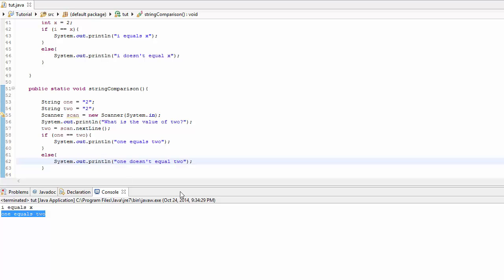So I've set up a little thing here which you might be able to understand, because you should have built up quite a bit of knowledge by now. What it's doing is, when you use equals equals, it doesn't compare the value of the two strings, it compares what you've assigned to it. So we've assigned 2. So I believe, I haven't actually tested this, what's the value of 2? If we give it 3,